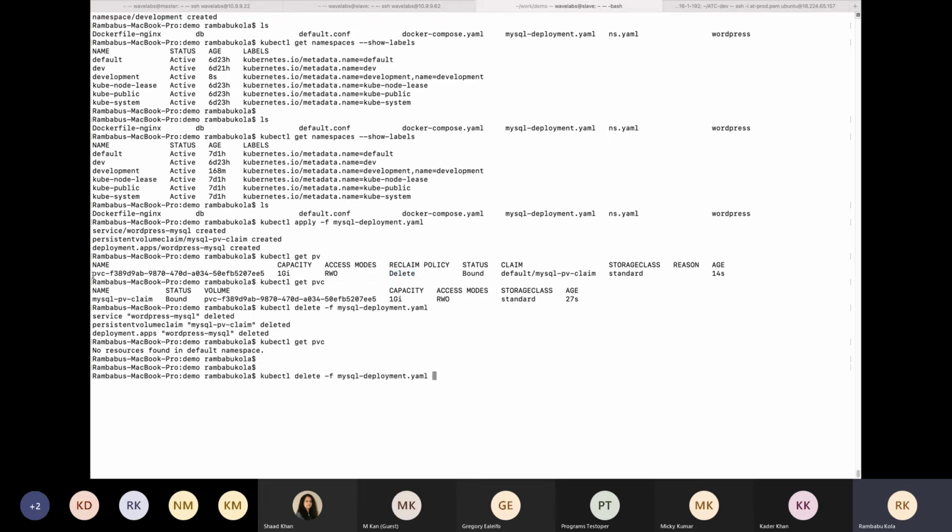That means whenever I delete this deployment or this file, when the reclaim policy is delete, it will not maintain this persistent volume, and it will remove it once we delete it.